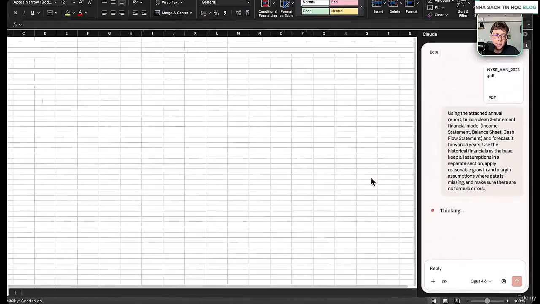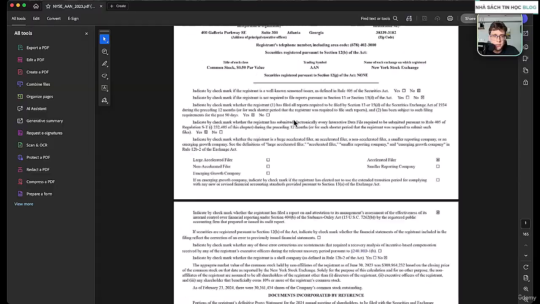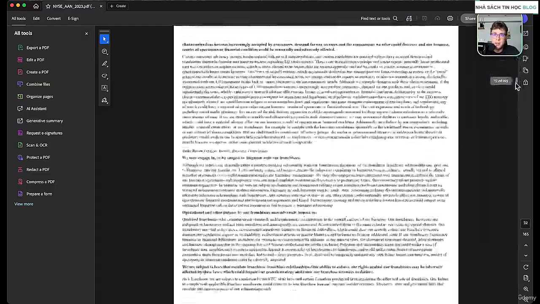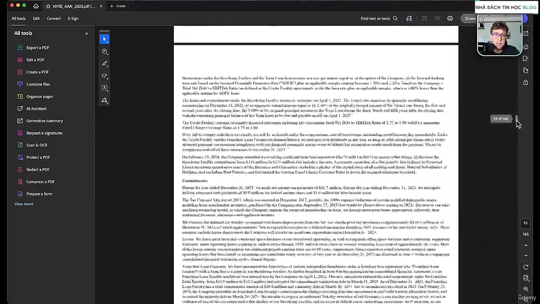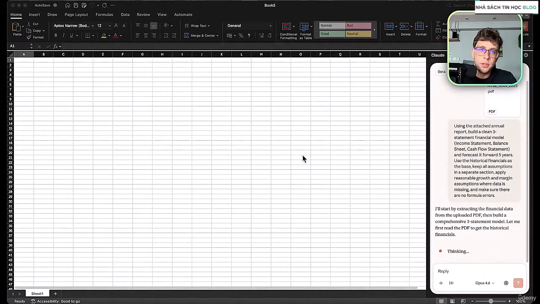We can run it, and in the meantime, I'm gonna show you the file itself. So let's go here. This is the file, so 10K form, and it contains like 165 pages. So you should go ahead and just extract the financial statements. So now we can just wait. But for sure, this task is much more advanced, so we'll take a look and we'll check if it worked.